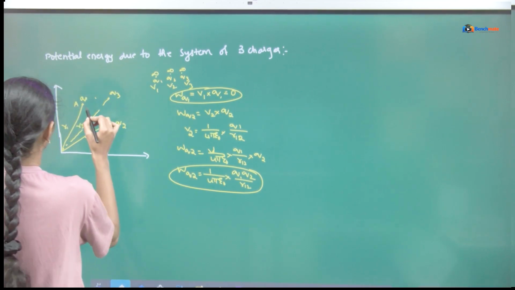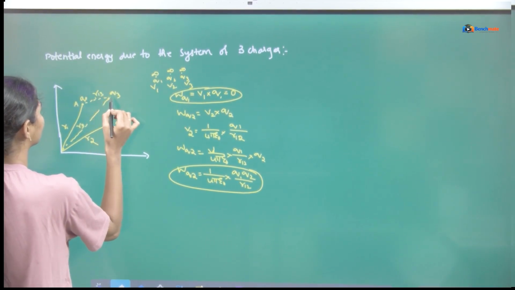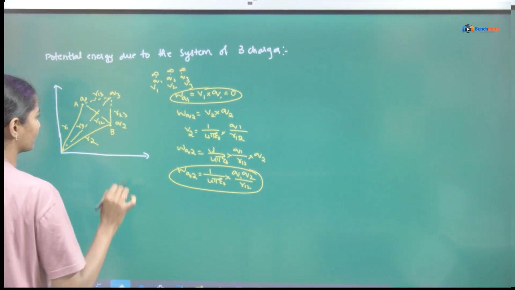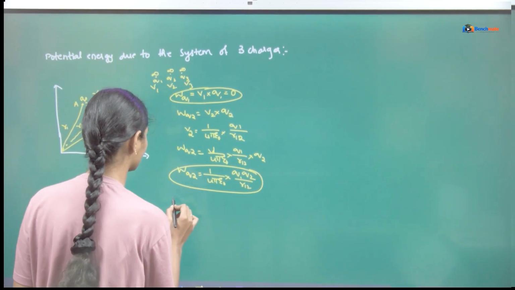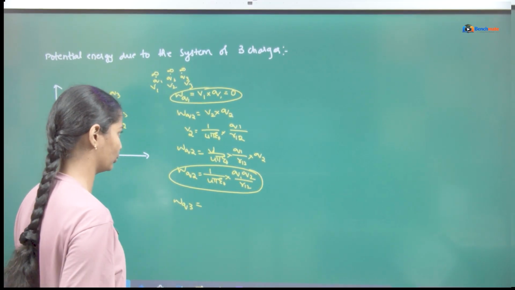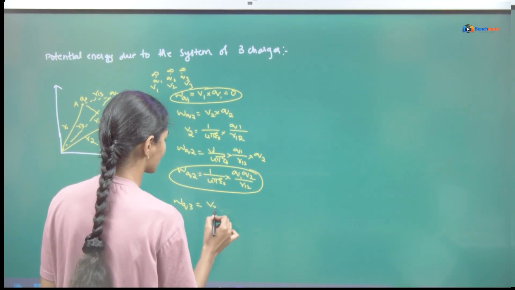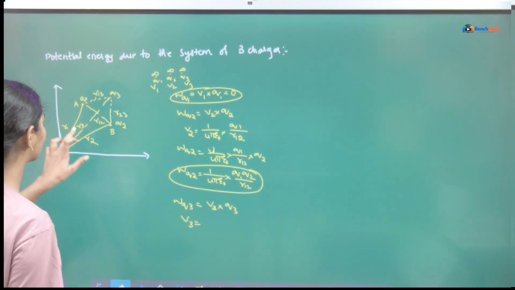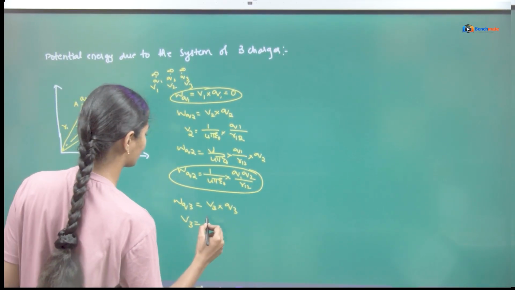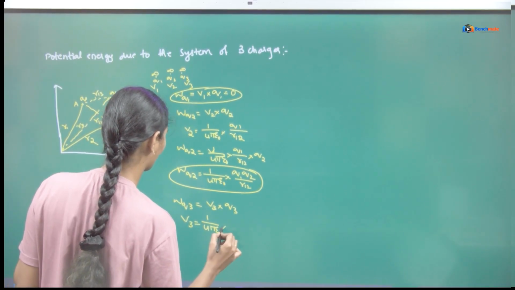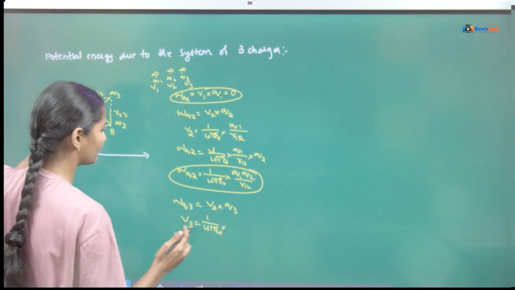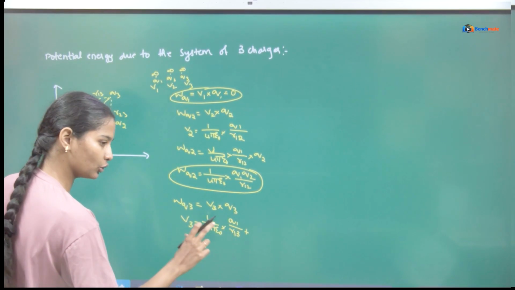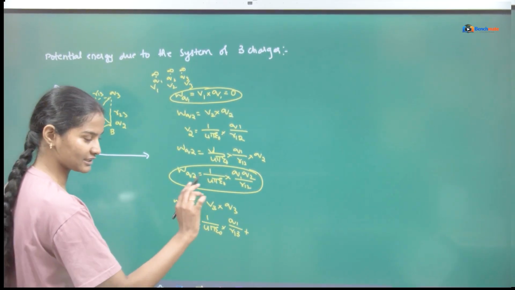Okay. Now you take the distance from Q1 to Q3 as R13, Q3 to Q2 is R23, and Q1 to Q2 is R12. So now let us calculate how much work is done. How much work Q3 needs to do is V3 into Q3. And what is V3? V3 is opposition given by Q1 charge plus opposition given by Q2 charge. That is 1 by 4 pi epsilon naught into, so when Q3 is coming, Q1 will oppose. And what is the distance? R13, from Q1 to Q3, because Q1 will oppose Q3, so the distance between them you have to take.